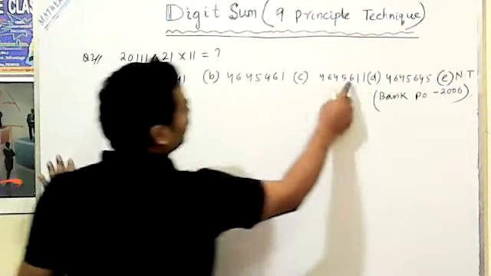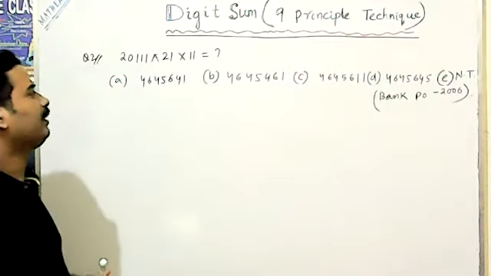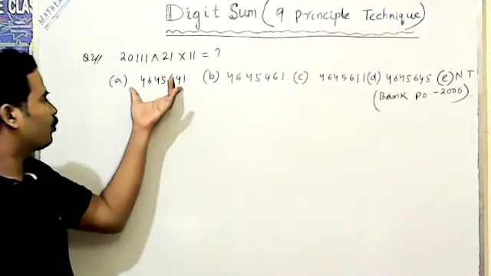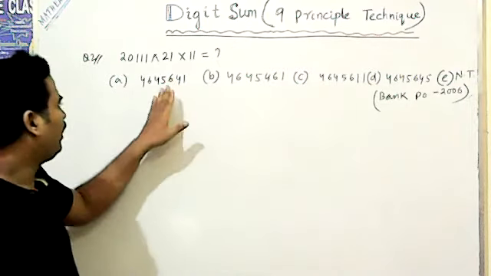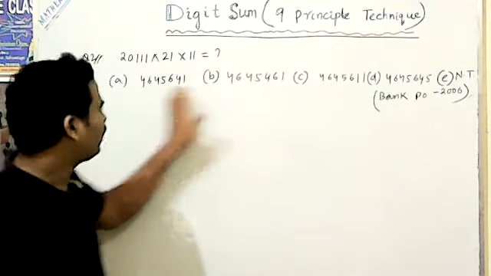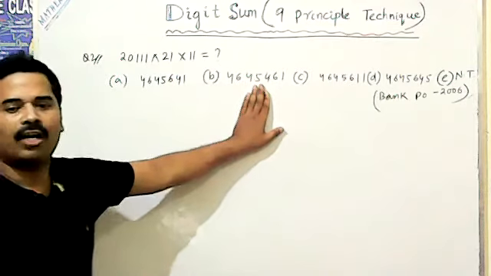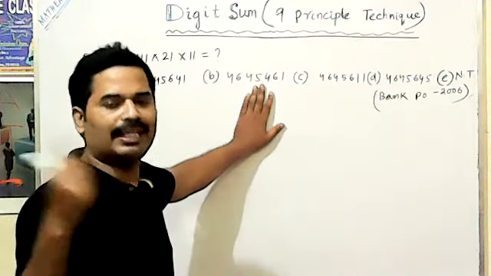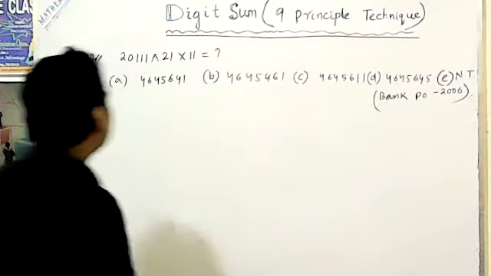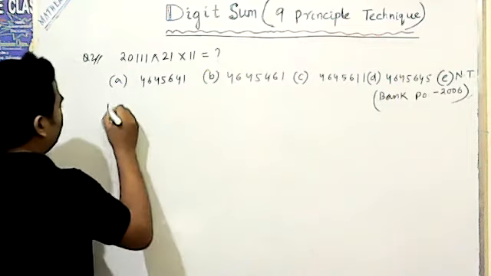So the last digits are the same. That's why we have to use this: the sum here is similar. Look, the sum here is the same as the sum here. So if the sum is the same, then we cannot use the digit sum method. So use the next method. What are the methods? The method is given here.